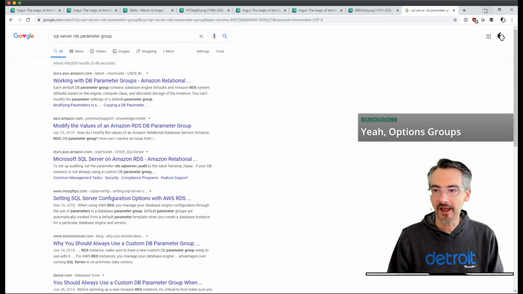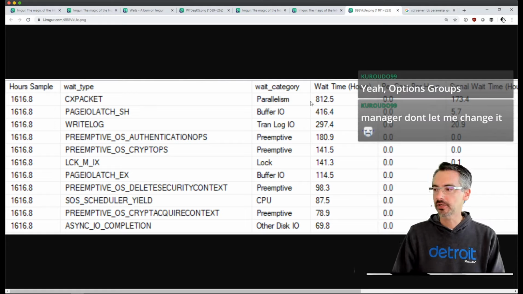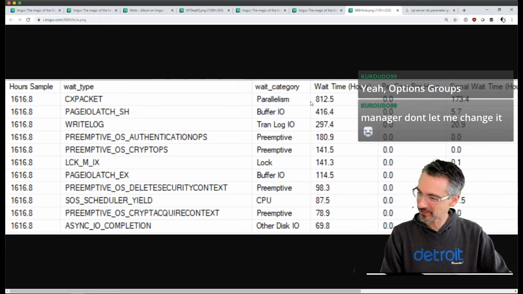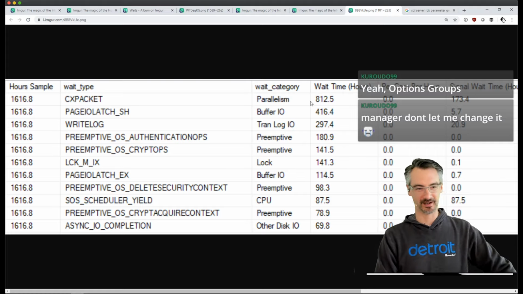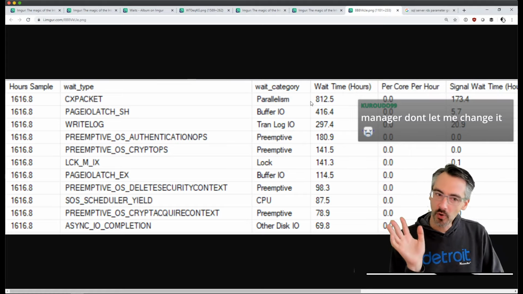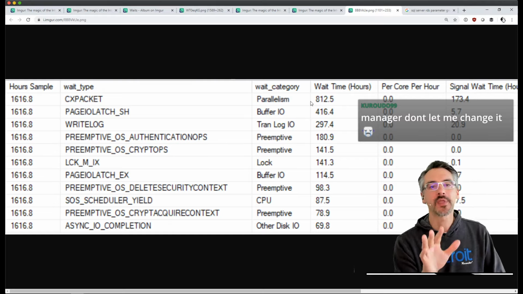Now, after you set that, just to make sure that you set cost threshold, and man, it sure doesn't let me change it. Well, I've actually heard there's someone else on the call who's struggling with that problem. So it won't let them change it. Okay, that's cool. And I'm not stressed out.